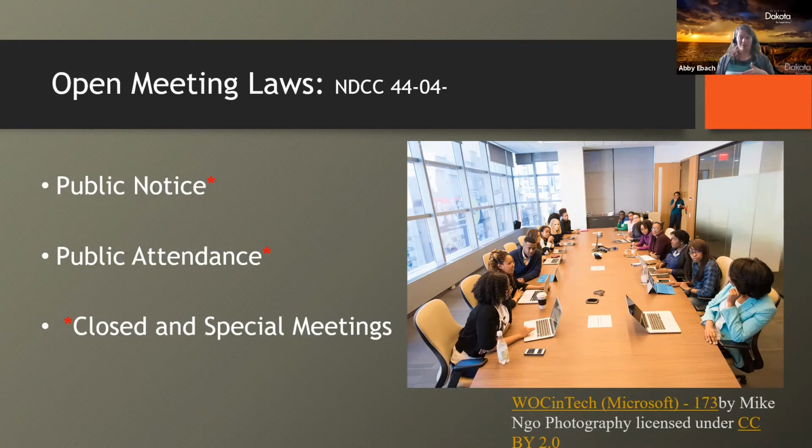The notice to the governing body should occur at the same time as the notice to the public. And then the notice to the public needs to be posted at the library, at the location of the meeting if the meeting is not at the library, posted on the website or filed with the city or county auditor, and provided to any individual that has requested notice of the meeting. There is no minimum advance notice period for public meetings. And I know that I just probably said a lot of words that are kind of jumbled together in your brain. But generally, just make sure anybody that wants to know about your meeting has the ability to find out and make it as easy as possible.